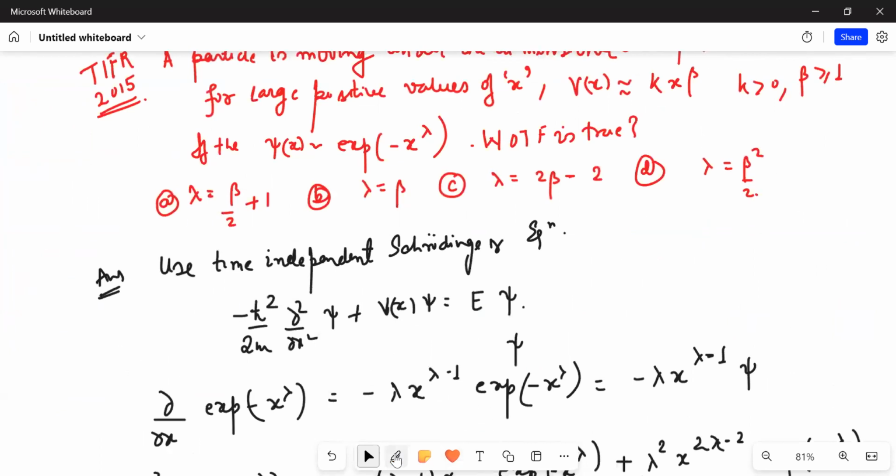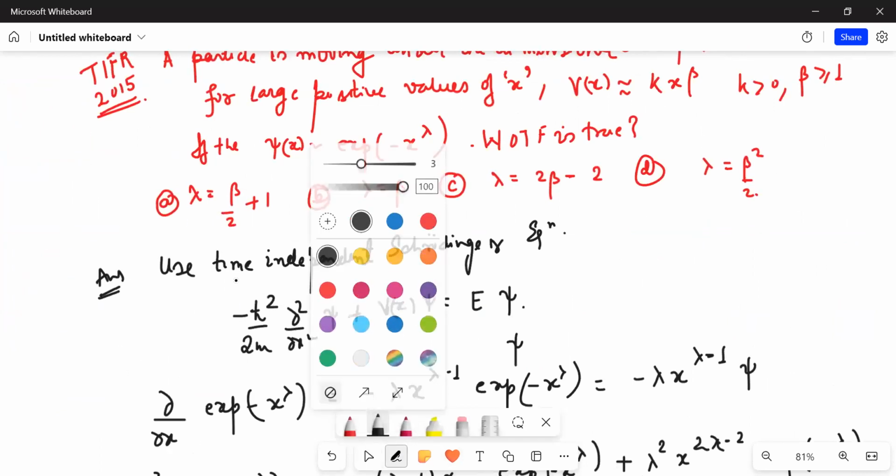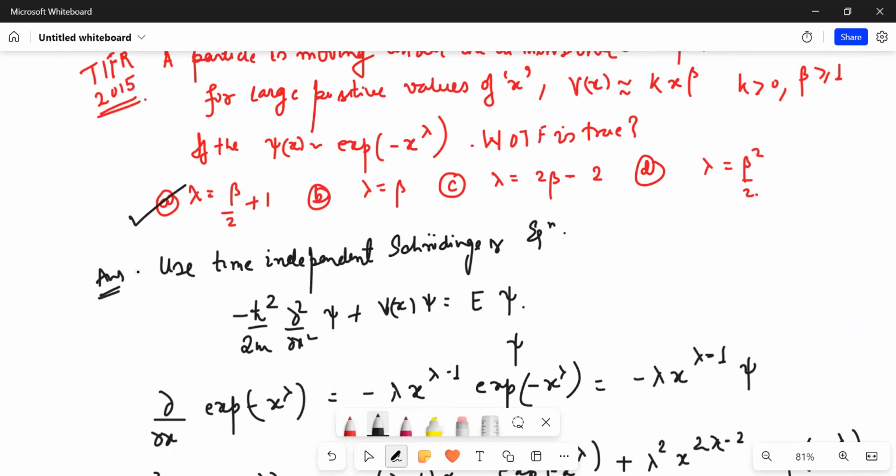So here it is. Okay, this particular question was asked in TIFR 2015. Tomorrow also we are going to start with the time independent equation. A few of the concepts that we've already done, we'll see tomorrow as well, like probability density and things like that. And after having a solid revision, we'll start with an important topic of quantum mechanics, which is called